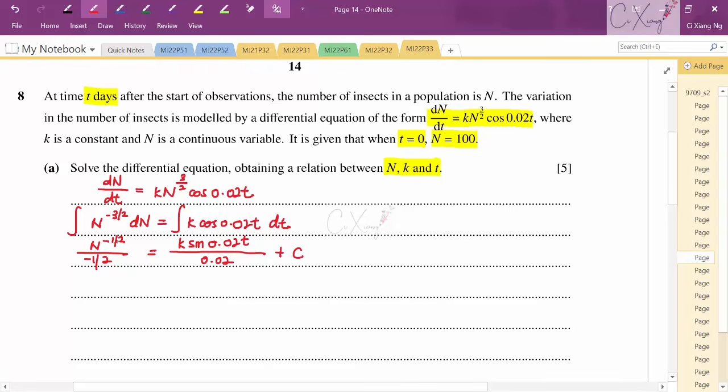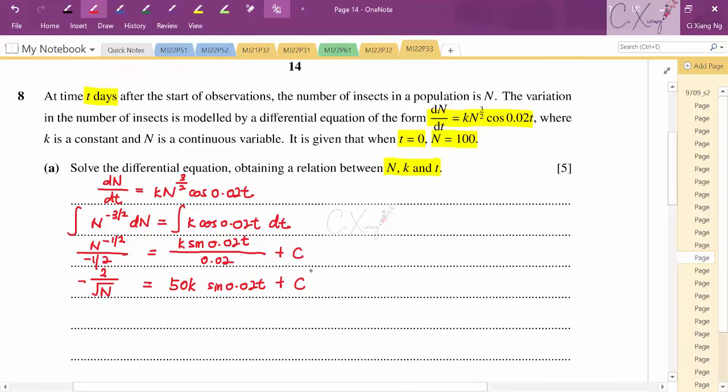Okay, so to make this whole equation better, I'm trying to rephrase it. So simplify this, 1 over negative 1 over 2, I'm getting negative 2. Then divided by square root of n. I will take 1 divided by 0.02. When I take 1 divided by 0.02, I will get a 50. So my equation for now will look something like this, which is 50k and then sine 0.02t plus c. Okay, and before we can reach the final answer, we have to find out the